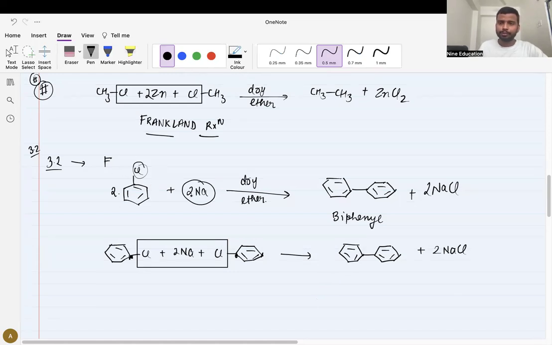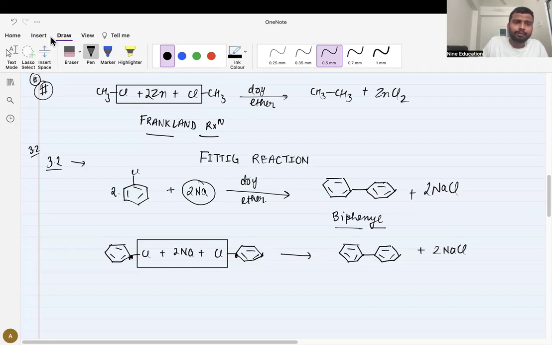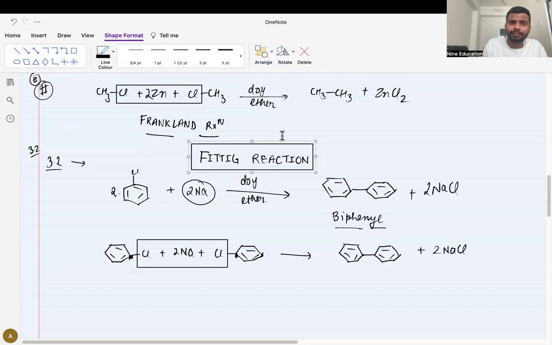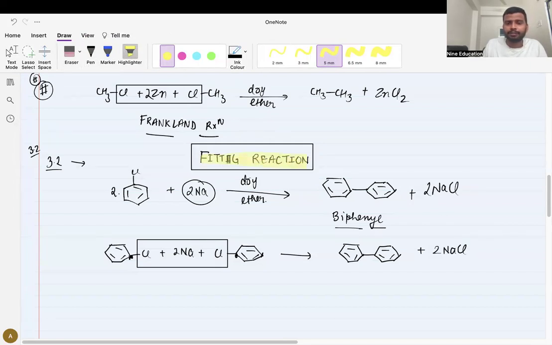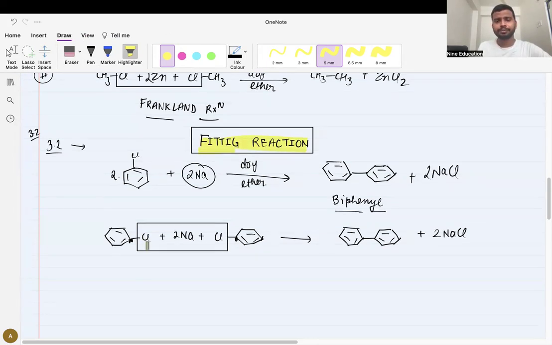So if 2 moles of this and 2 moles of sodium are used, you will get biphenyl. Biphenyl मतलब 2 phenyl rings joined together. देख लें। So this reaction is known as Fittig reaction. इसको हम लोग Fittig reaction कहते हैं। Whenever in place of alkyl halide you have an aryl halide, similar way of Wurtz, है ना। In Wurtz you have aliphatic, and in Fittig you have aromatic alkyl halide। Simple।